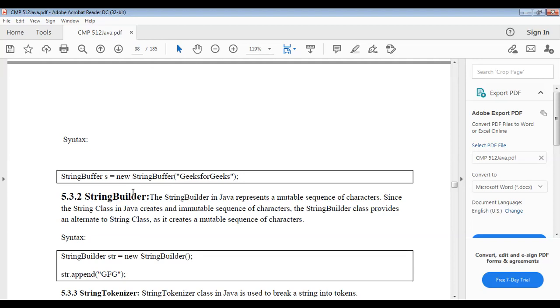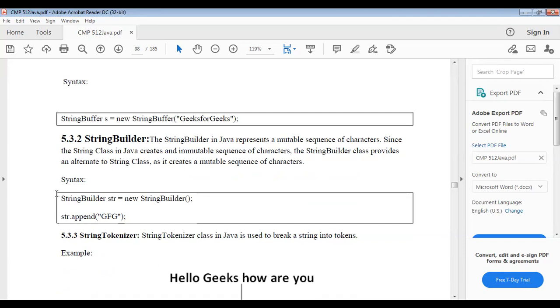The StringBuilder class provides an alternative to the String class, as it creates a mutable sequence of characters. The syntax here: StringBuilder str equals new StringBuilder, then str.append("GFG"). Here the string will be appended.